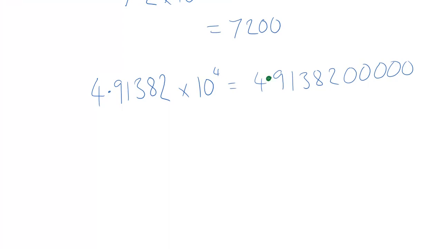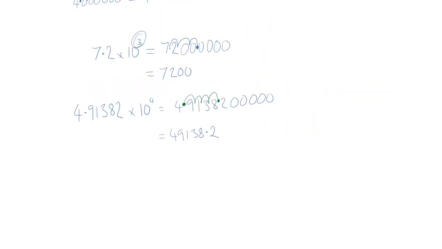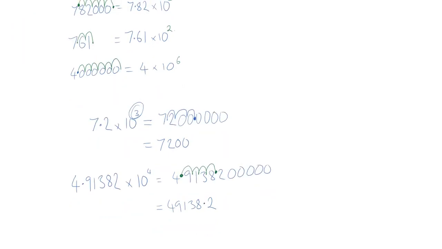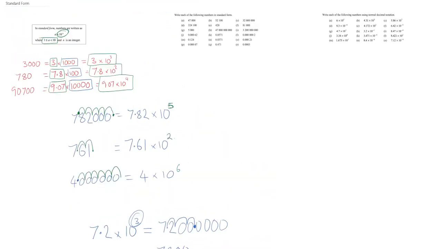Let's count 4 spaces. 1, 2, 3, 4. That's where the decimal place is going to go. Let's rewrite this answer. 49132. Okay,